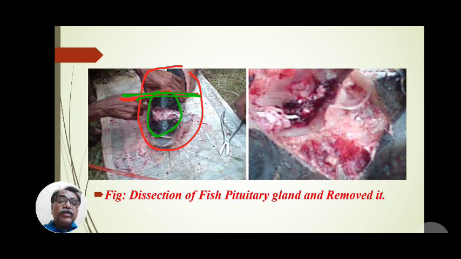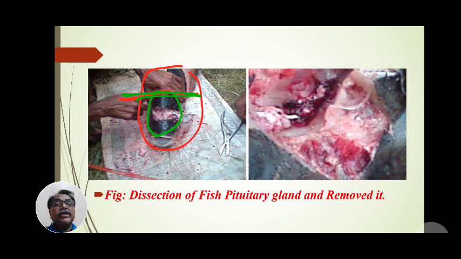Why is this pituitary gland important? Why is it most useful? Because this pituitary gland is called the master gland, and it secretes about 9 hormones. It secretes gonadotropic hormones, that is, follicle stimulating hormone and luteinizing hormone, then somatotropic hormone, thyroxine, ACTH, that is adrenocorticotropic hormone, and prolactin. These various types of hormones are produced. Hence all body activity is controlled by the pituitary gland, and it is called the master gland.